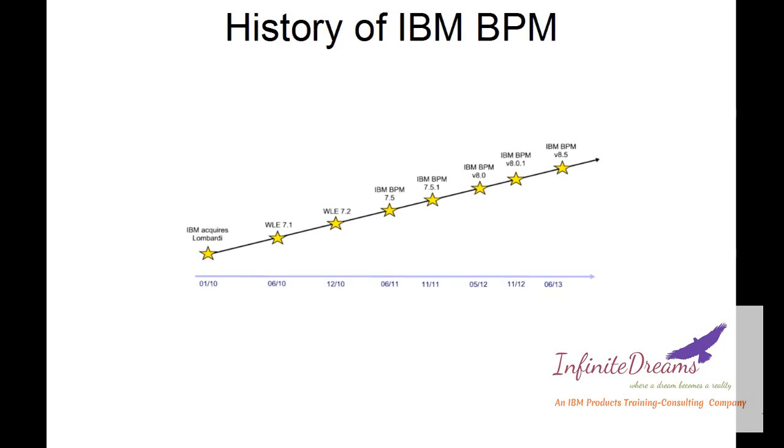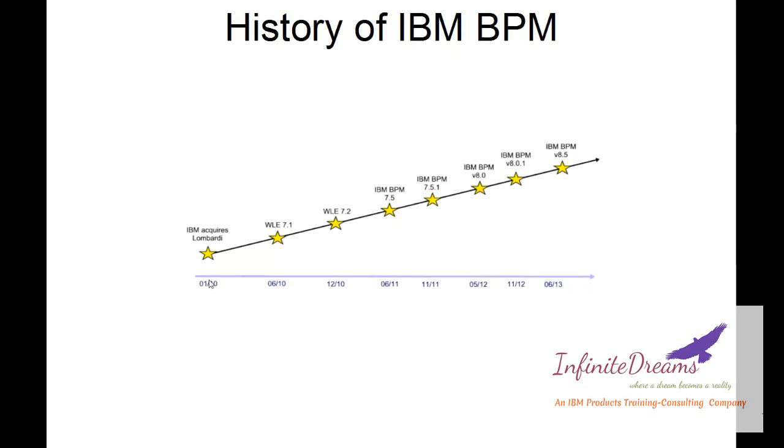WPS was highly technical. So at the same time, competitors were focusing much closer on the business user and not as deep on the technology. Business users could not sit with the development tooling, a product called WebSphere Integration Developer, and capture their business processes. At the same time, a third-party company called Lombardi had a product called Teamworks, which was a tough competitor of WPS. In 2010, IBM acquired Lombardi, and the product previously known as